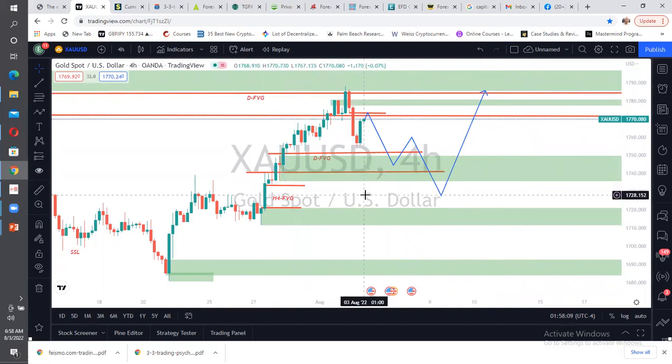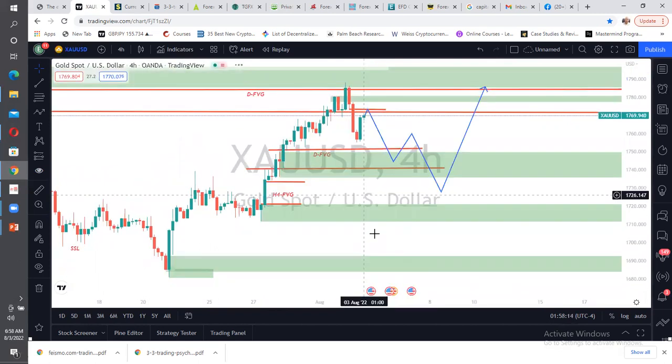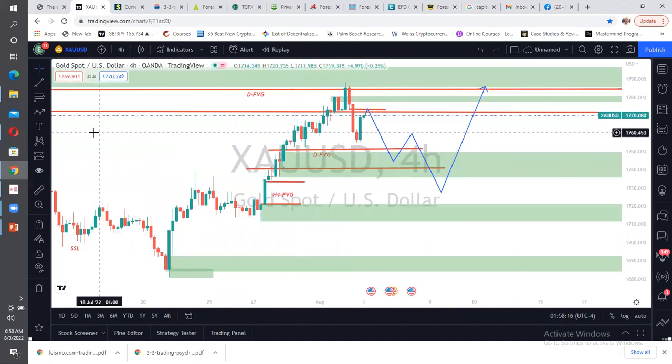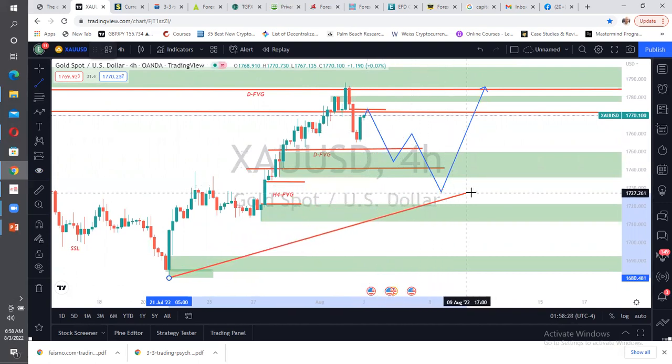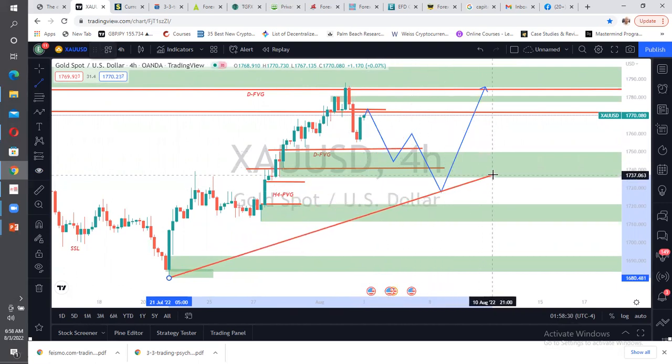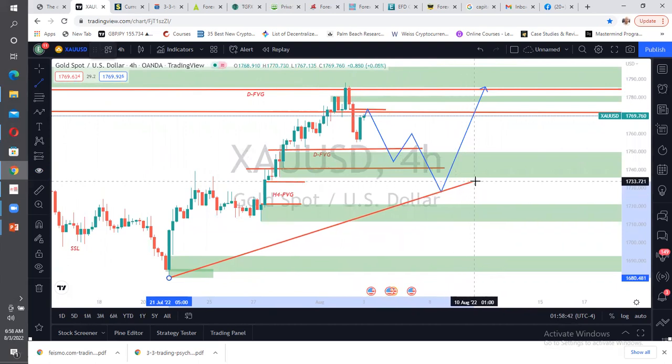Let's go to the next one. If you go back here, you see that this has actually taken away this trend line liquidity. All right, just like break and retest. After that, it's created another. So that is what we're looking at from this particular pair. We're looking at this.